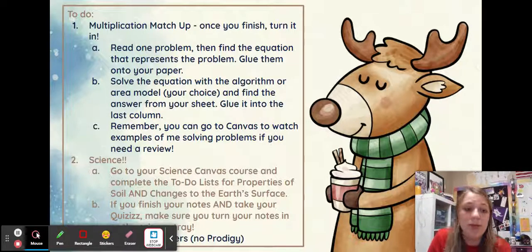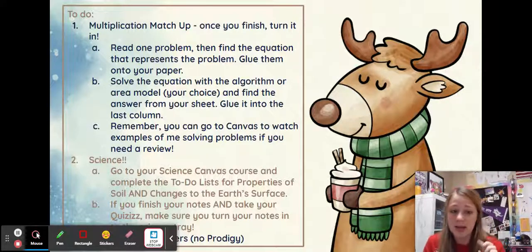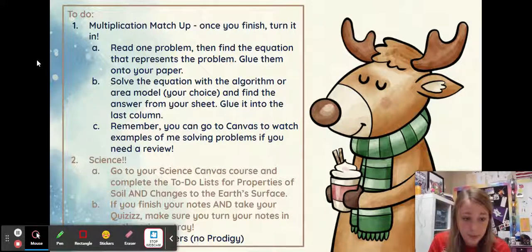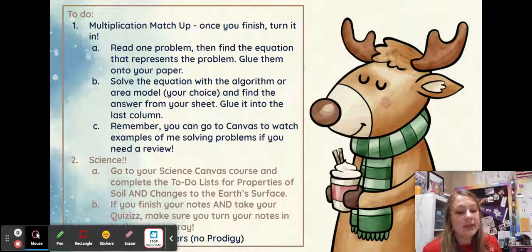Everything you need to do is on those to-do lists. If you have questions, ask someone else in the class, okay? Because both classes have had quite a bit of time to work on it. If you finish both of the quizzes, so if you finish your notes and your quizzes for both the properties of soil and the changes to the Earth's surface, which I don't really expect anyone to today, but just in case anyone does, you can go on to